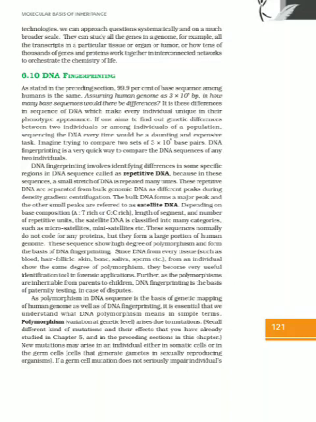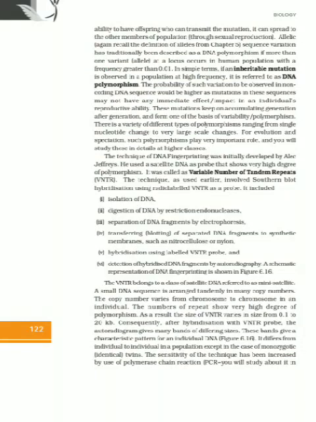Allelic sequence variation has traditionally been described as a DNA polymorphism if more than one variant or allele at a locus occurs in the human population with a frequency greater than 0.01. In simple terms, if an inheritable mutation is observed in a population at high frequency, it is referred to as DNA polymorphism. The probability of such variation to be observed in non-coding DNA sequence would be higher as mutation in